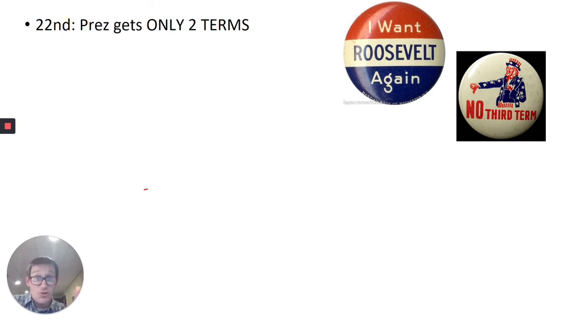Okay, or I'm sorry, 1932, Franklin Delano Roosevelt was elected president of the United States. This is right in the middle of the Great Depression. It'd be a really tough time to be president of the United States. Roosevelt ran again in 1936. We're still in Depression. By the time that he was ready to go for a third term, World War II